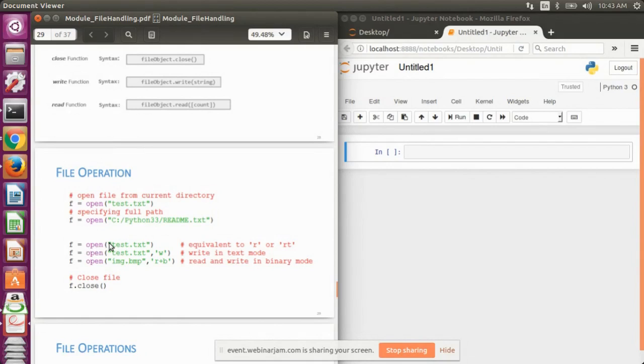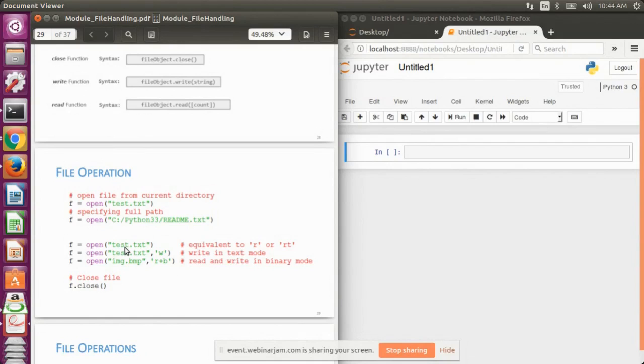The third option here defines that whenever you open a file, it is always opened in some mode. You can open the file in the read mode or the write mode.